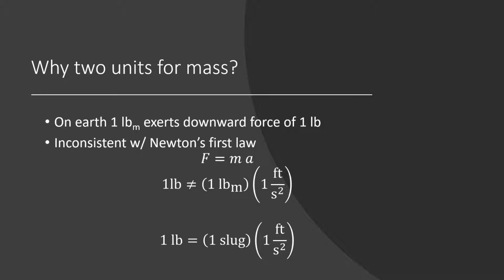All right, why do we have 2 units of mass? This is something that creates a lot of issues when people get into physics and try to use pounds mass and pound force in their physics problems, and largely I suggest you avoid that. In any case, on Earth, 1 pound mass, in other words LB with a subscript M, exerts a downward force of 1 pound. Obviously, if you go to the moon with that same 1 pound mass object, it's going to exert a different force. And one of the issues and why I don't suggest that you use pounds mass as a unit is